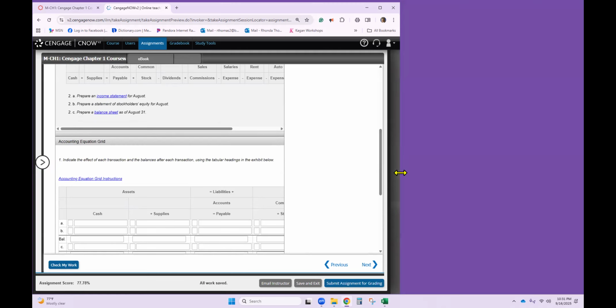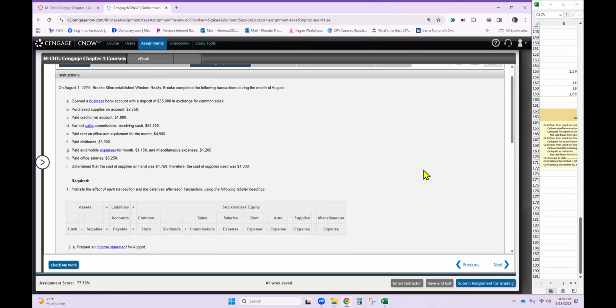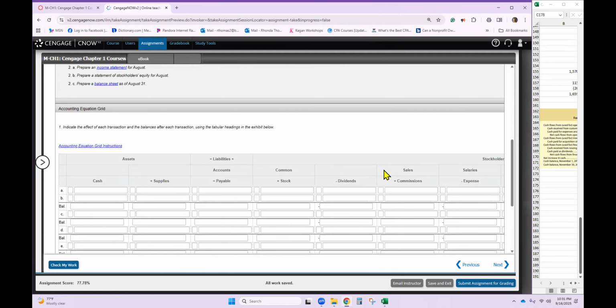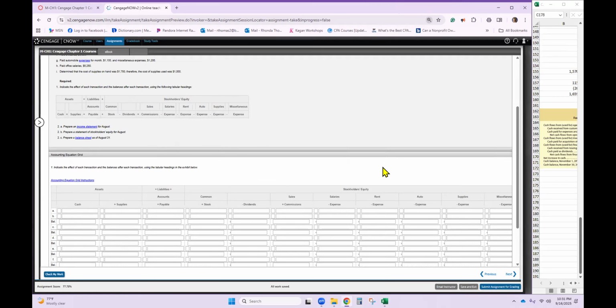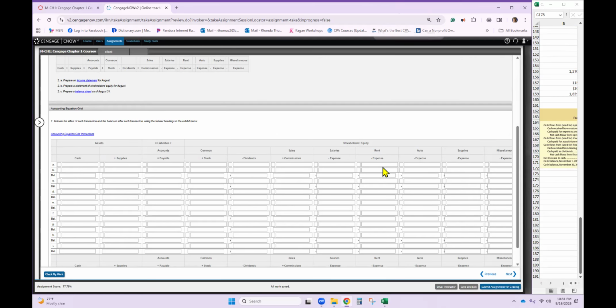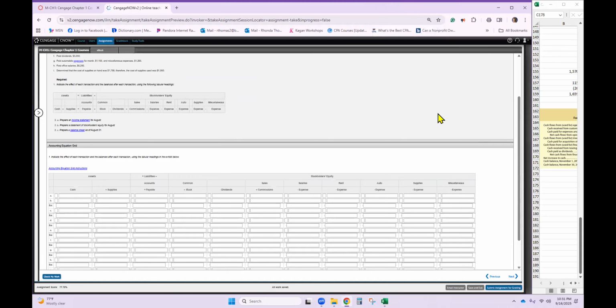Okay, so I'm going to slide this over, and I'm going to make this pretty small so I can try to see it. Sorry about that. You do have to put pluses and minuses in as you go. And I'm going to read this from my book. So I am going to stop